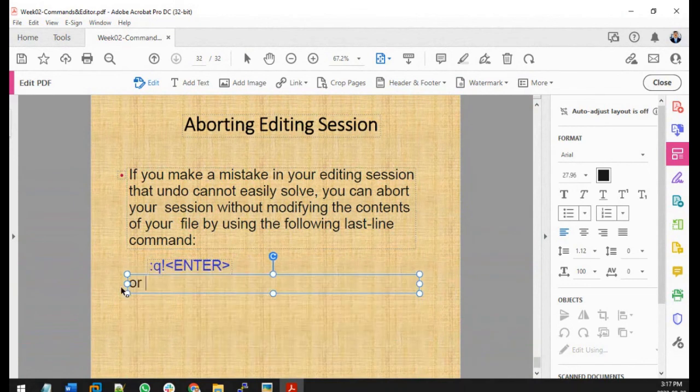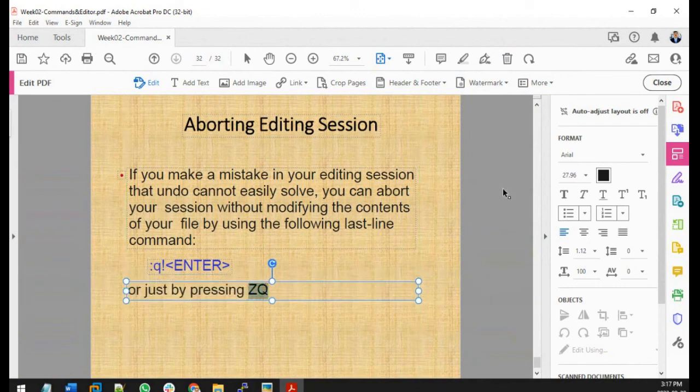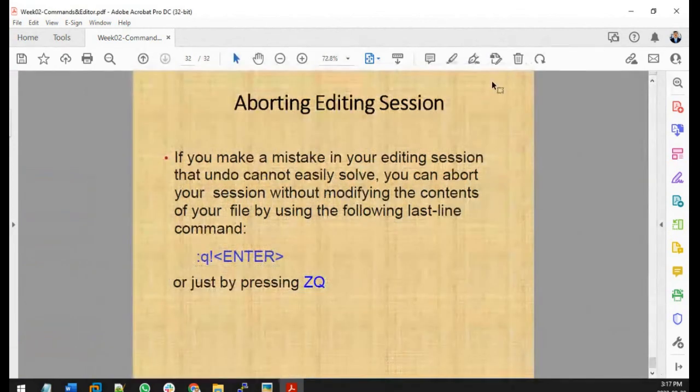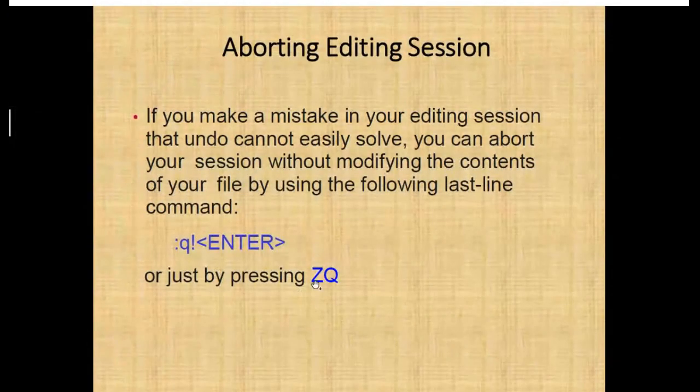Or by pressing, or just pressing Z and Q. And this is going to be blue. There you go. Okay. So yeah, I mean, I can update this file later on, or just by pressing ZQ, which means exit without saving. Okay. So this is what we